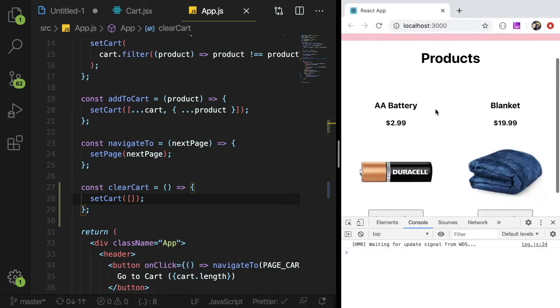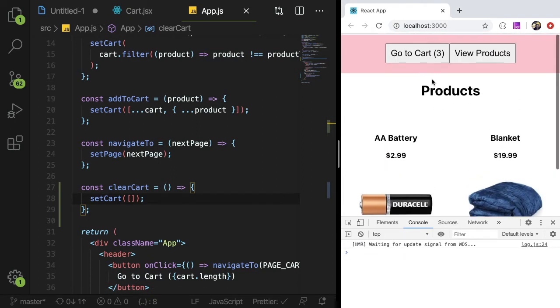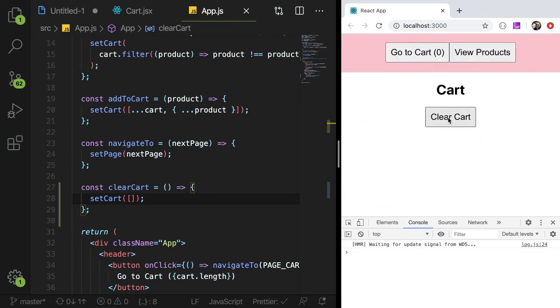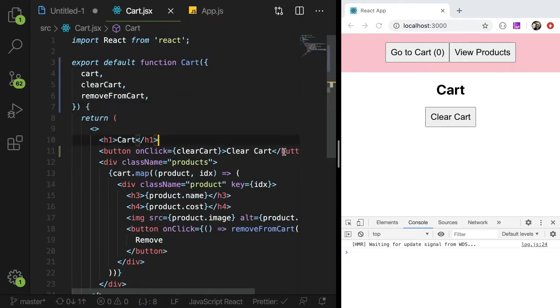So view products, add 2 batteries and a blanket, go back. And when I click clear cart, everything is gone. So yeah, that was pretty easy to implement. And one thing I'd recommend is it doesn't make sense to really show this button if your cart doesn't have